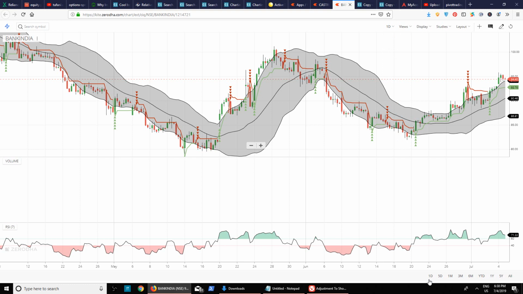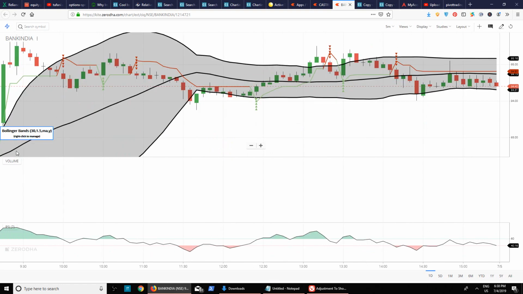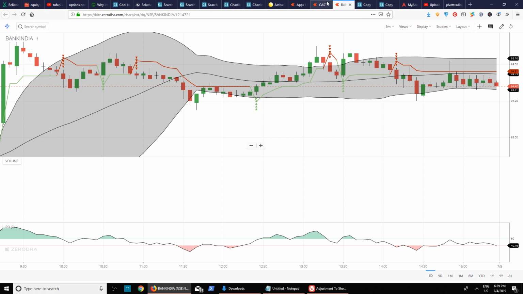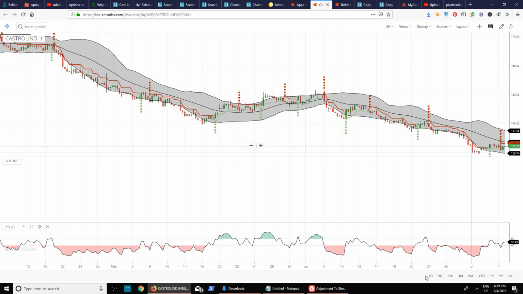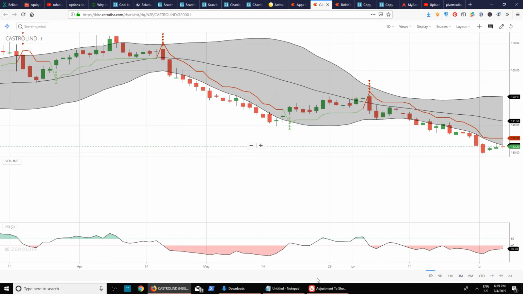So, one day chart here, and as you can see here, at 9:30 this was basically at around 94, and then it actually went above. And Castrol India, if you click on one day chart here, okay, sorry,